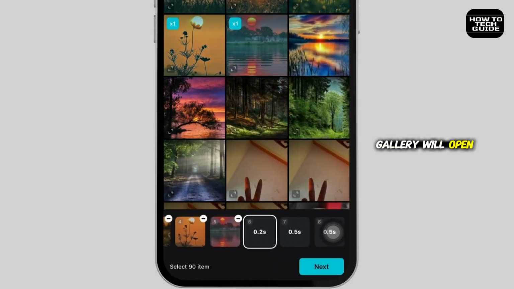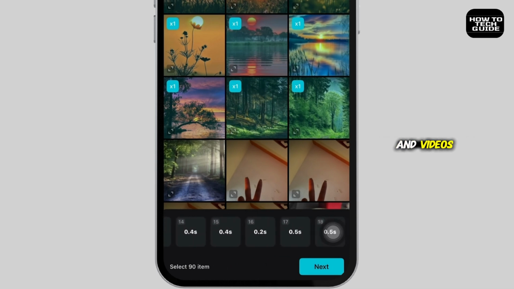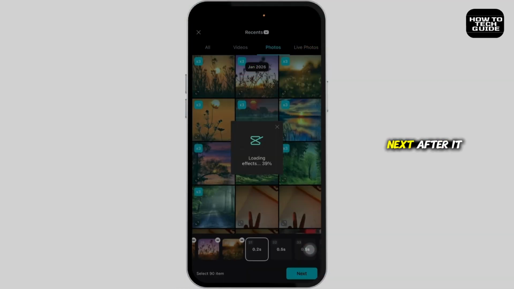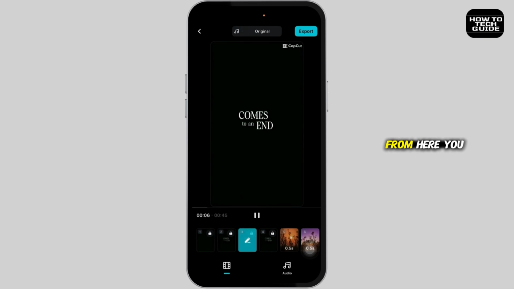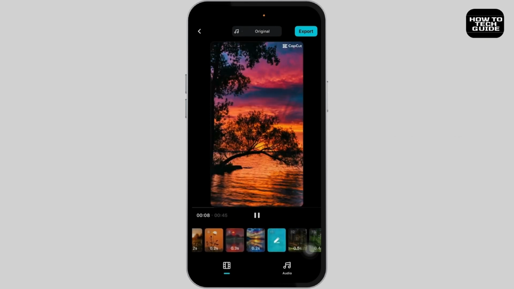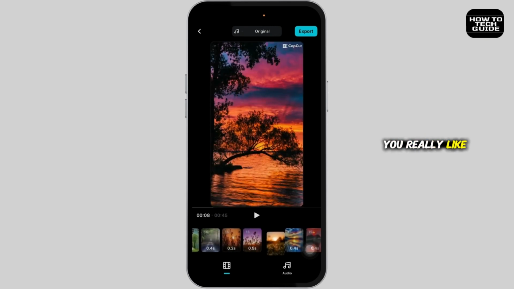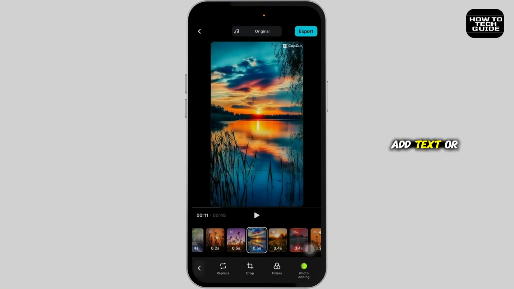With this, your gallery will open up. Go ahead and select the photos and videos. Once you are done, click on Next. After it loads, from here you are able to edit the clips. The first clip you choose will act as the cover and will play for about 5 seconds, so pick one you really like. Now you can preview it and add text or sounds, rearrange clips, or make any adjustments you